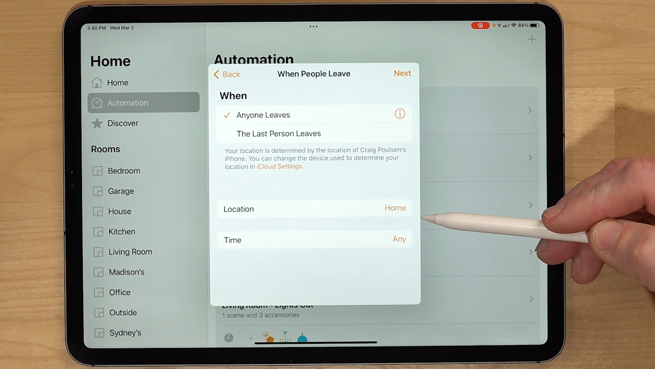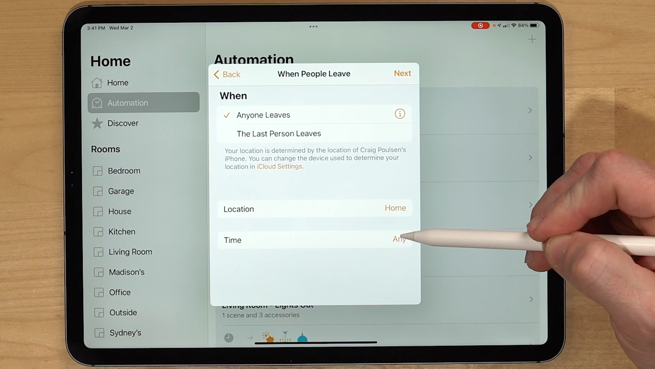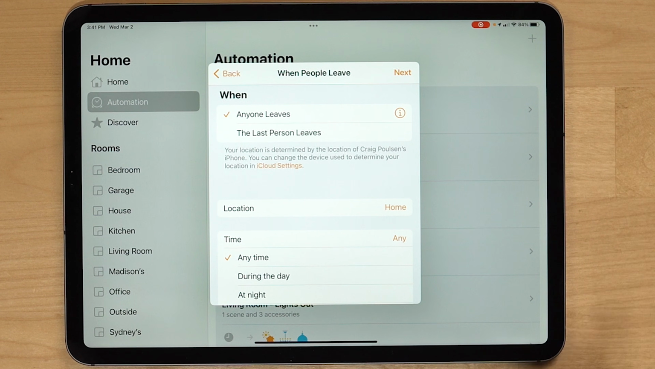You do have some additional options. You have location, so that these automations don't have to be based just on your house. It could be when you leave work, it turns on the air conditioning at home and turns on some lights. You also have the time option, so you can pick whether it happens anytime during the day, at night, or a specified time. So let's say it's one of those automations when you leave work. Once you're at home, you don't need to run again, so maybe you just pick a window of time that